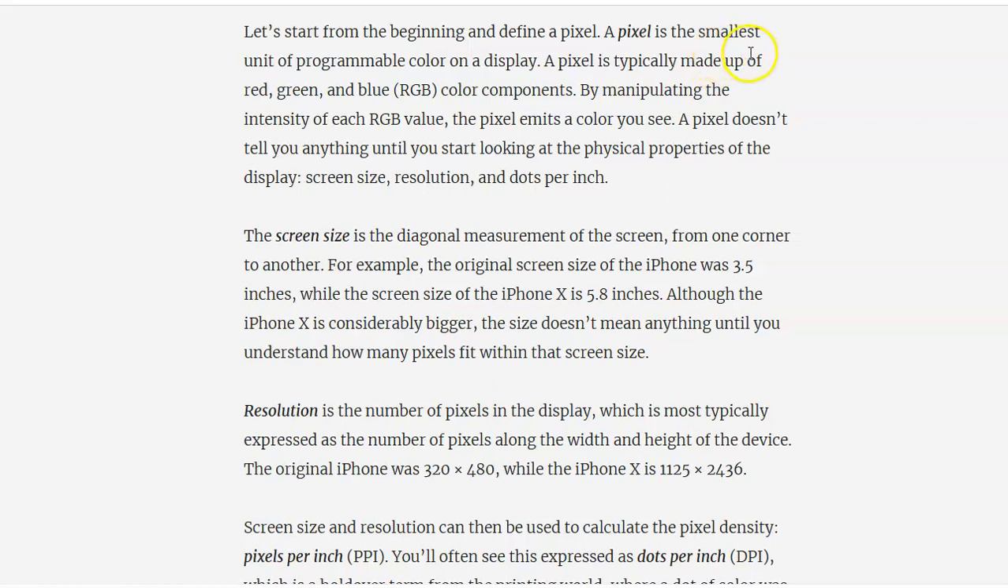A pixel is the smallest unit of programmable color on a display. A pixel is typically made up of red, green, and blue color components. When manipulating the intensity of each RGB value, the pixel emits the color you see. A pixel doesn't tell you anything until you start looking at the physical properties of the display: screen size, resolution, and